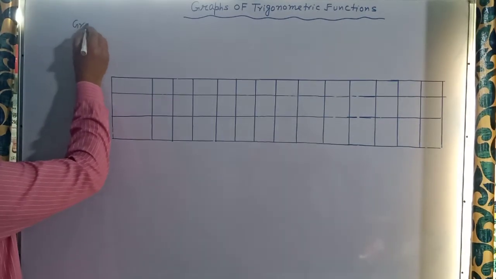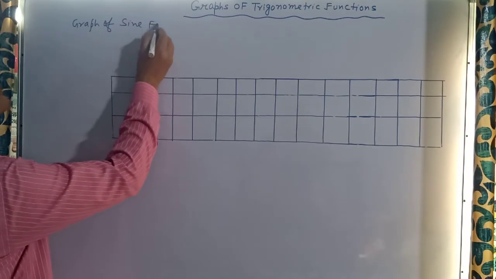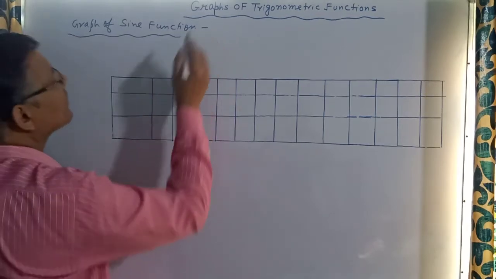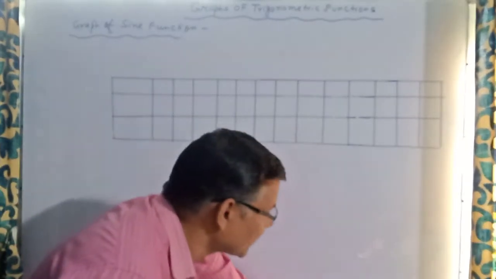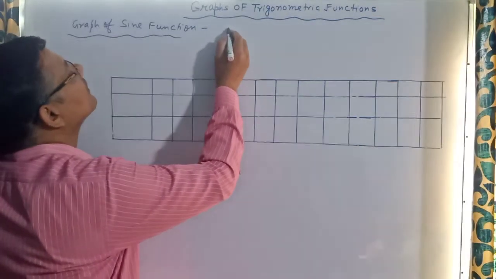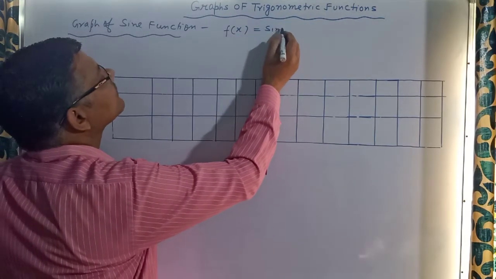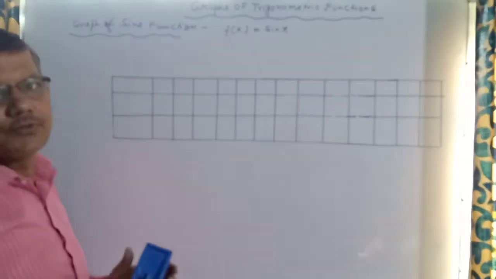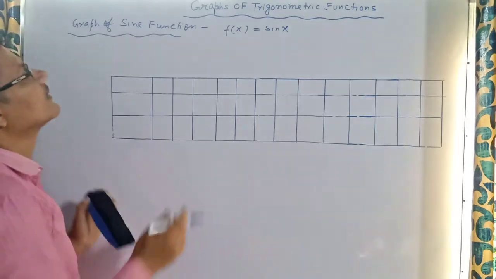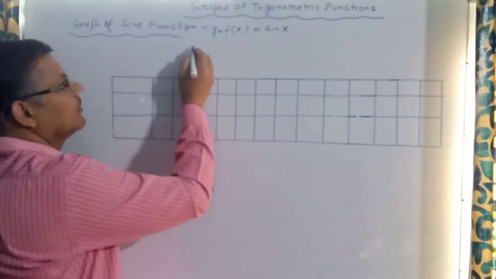So, graph of sine function. The period of sine function is 2 pi. First of all, we write the function, that is f(x) is equal to sin x. Since in a graph we use two axes, x-axis and y-axis, two coordinates are there, x and y. So actually it is y is equal to f(x). Then we write